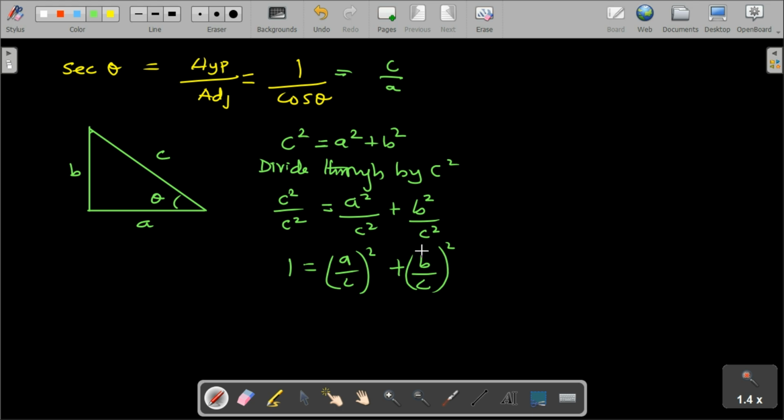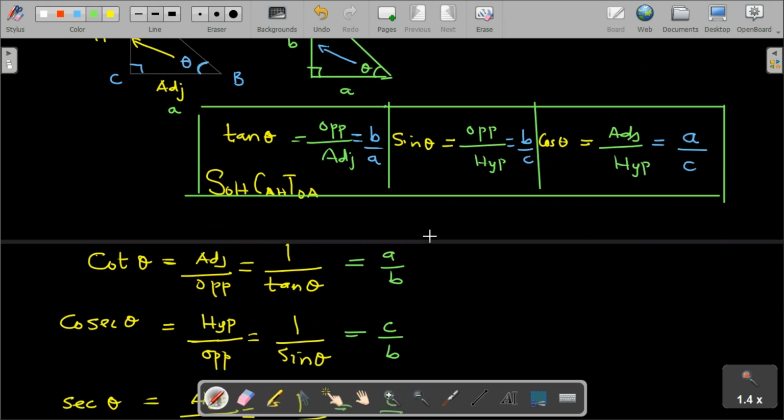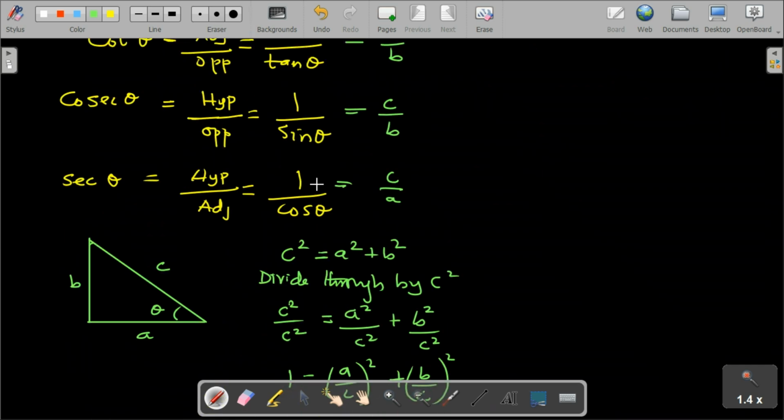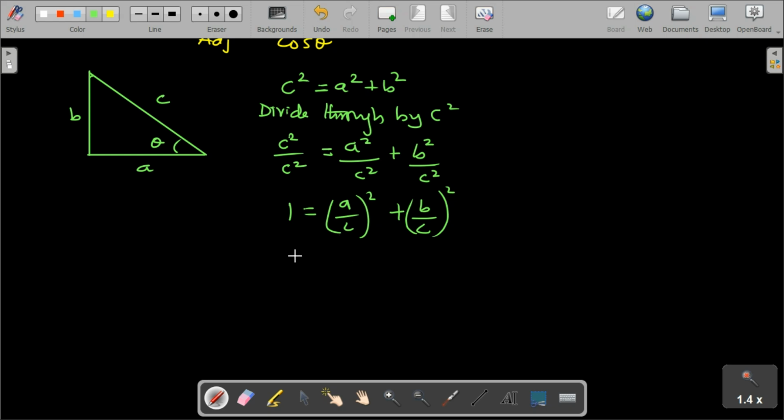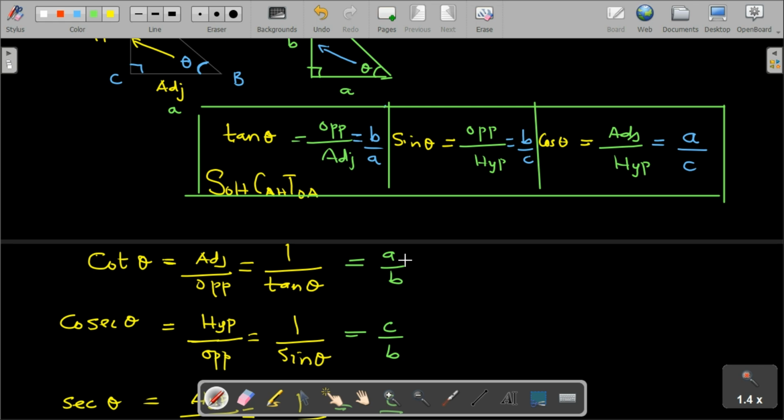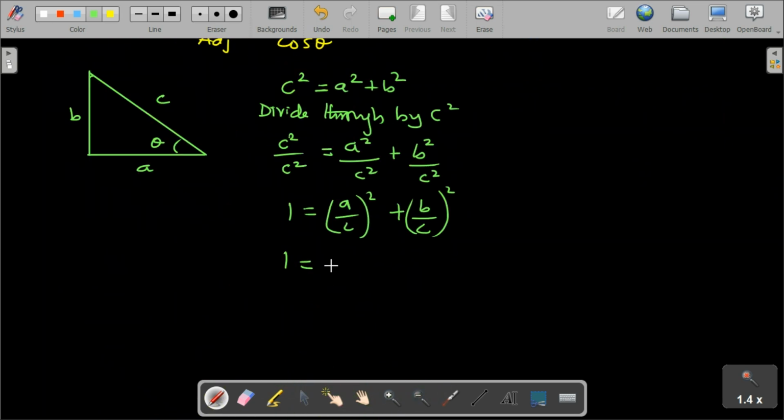Now remember that we have established that our sine theta is B over C and our cos theta is A over C. So from there, we could substitute directly and have 1 equals cos theta all squared plus sine theta